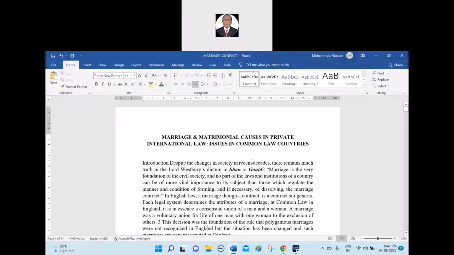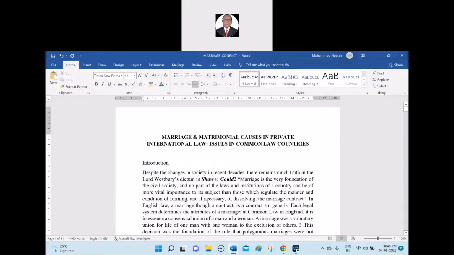Okay, let us see marriage and matrimonial causes in private international law and how the issues arise in common law countries. India is a common law country and Tanzania is also a common law country, and hence the same would be applicable, and what is said in this essay. Of course, I downloaded one of the essays from the net, and this we are going to deal with today. So when you see the introduction,